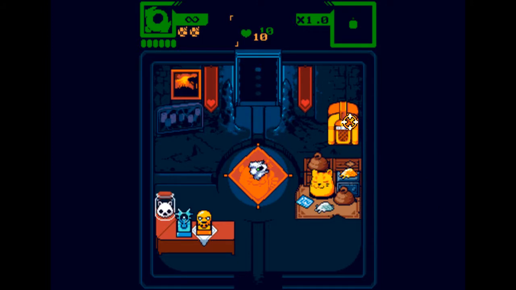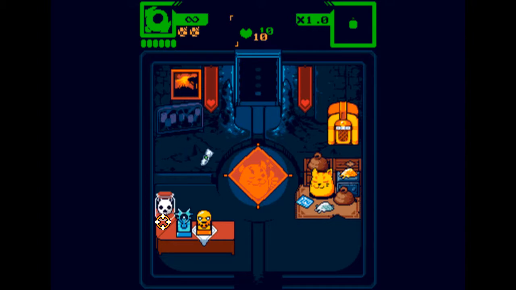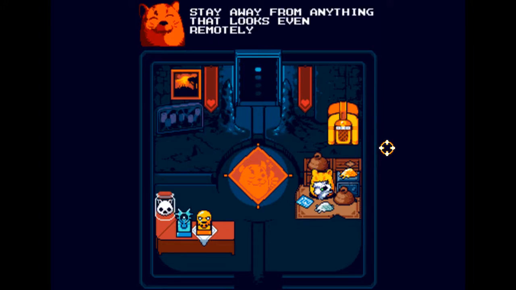So here's some things you can do over in the hub. So here's my pet ghost. It's adorable. And here's our buddy the cat. Huh. Well, I'm glad the cat knows all about the firewall. That's...